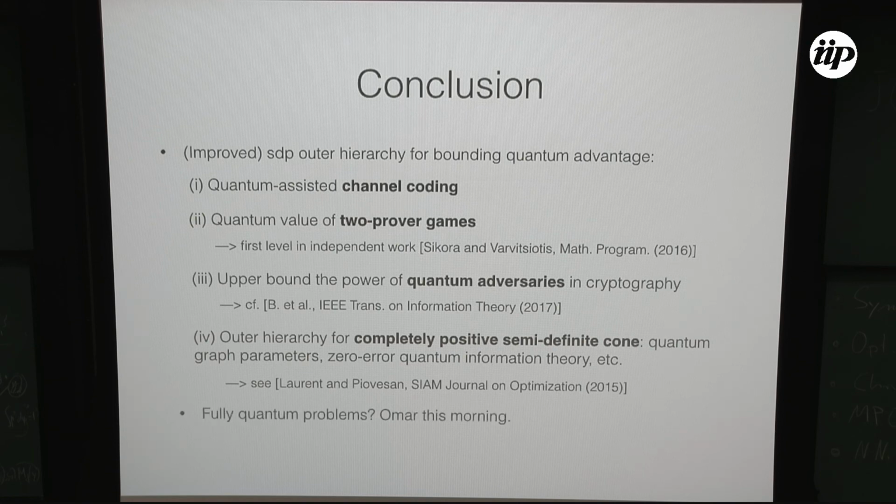Now this is all very nice, but again, I want to refer back to Omar's talk this morning. What we did here was start with a classical problem and then add entanglement assistance. In the cryptography setting, it was not really assistance, but kind of evil assistance: we gave assistance to the adversary. But instead of doing that, of course, you can make the problem itself quantum. Omar talked about this in the second part of his talk this morning. He did this for channel coding, but I think even for these other types of problems, you can also look at fully quantum generalizations. I think this should be interesting. Okay, thanks a lot. That's all I had to say.